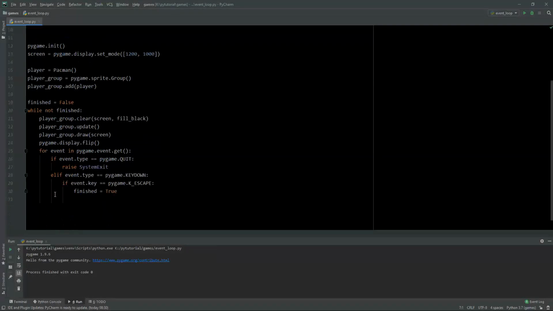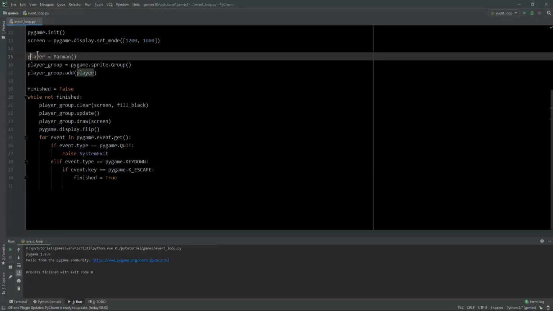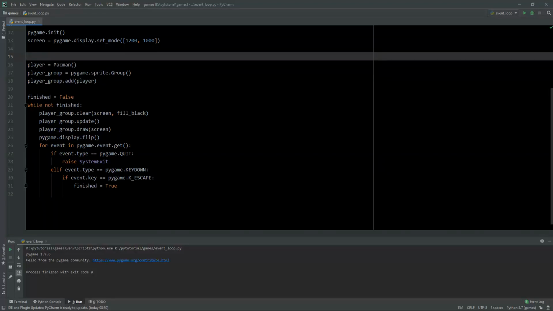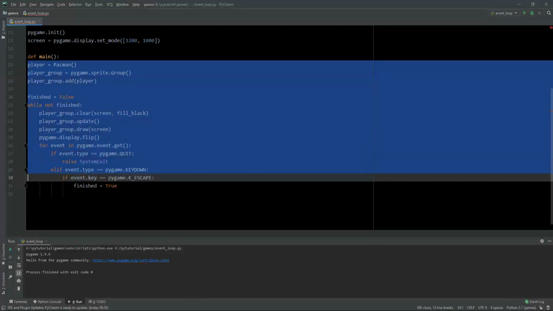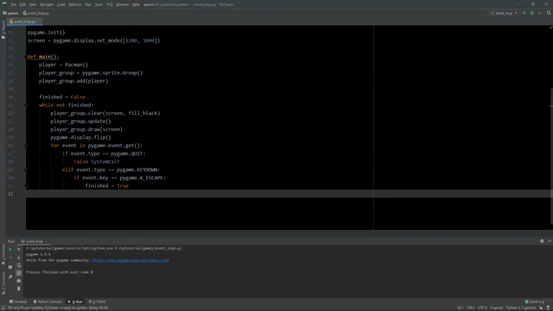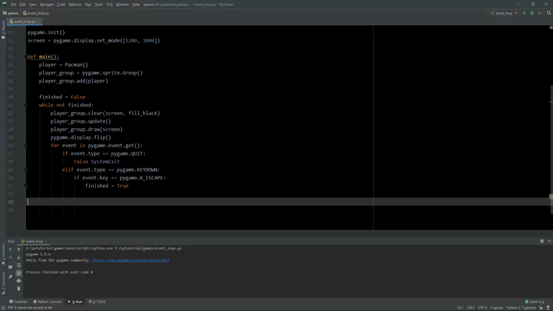But this is still at the global scope. Now what I would like to do is put all that in a function. So let's define a function. Let's just call it main. And put all of that in the main function. So now we are not running code at the global scope. And then what we want to do though is we want to call main, but